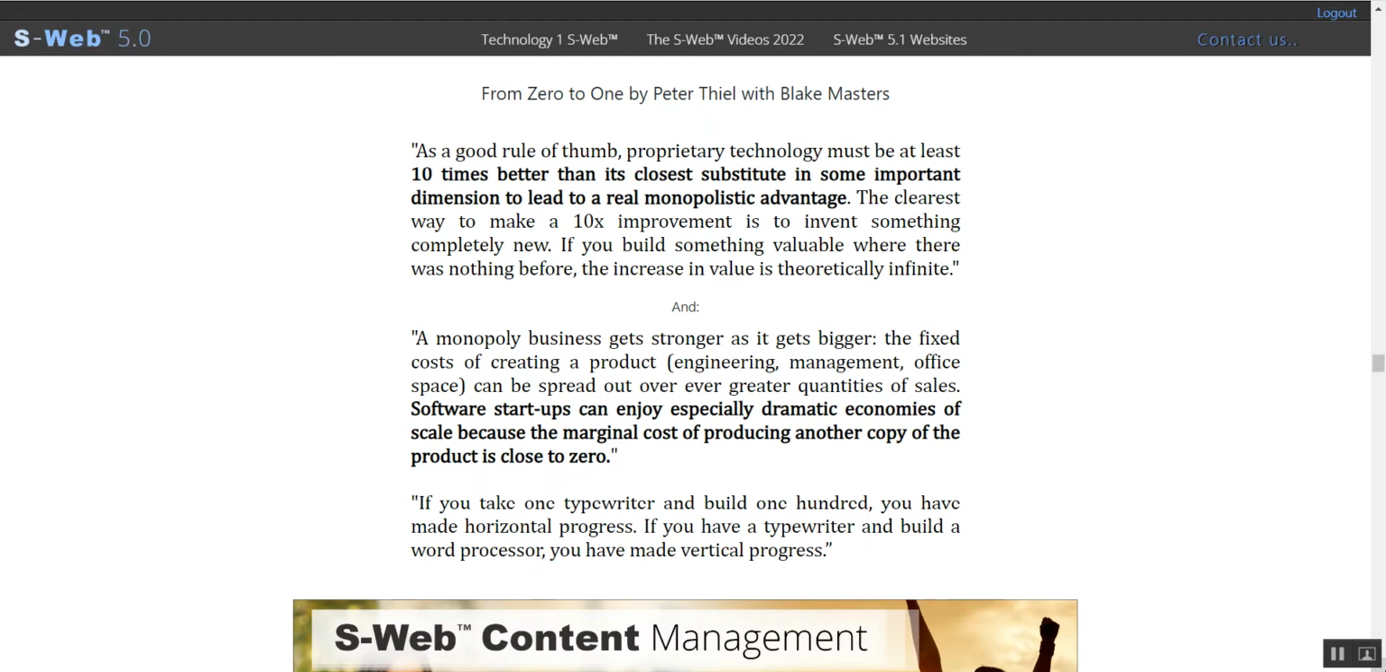As a good rule of thumb, proprietary technology must be at least 10 times better than its closest substitute in some important dimension to lead to a real monopolistic advantage. The clearest way to make a 10x improvement is to invent something completely new. If you build something valuable where there was nothing before, the increase in value is theoretically infinite. And a monopoly business gets stronger as it gets bigger. The fixed costs of creating a product, engineering, management, office space, can be spread out over ever greater quantities of